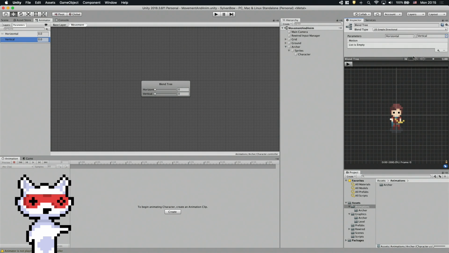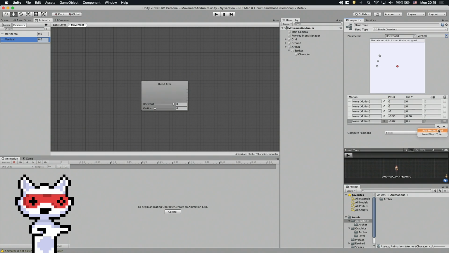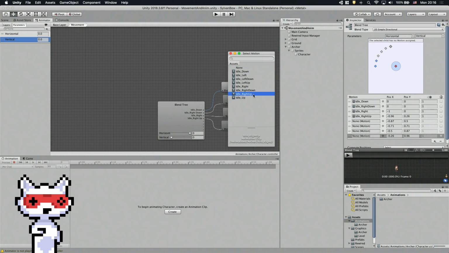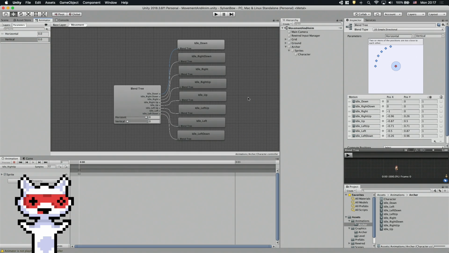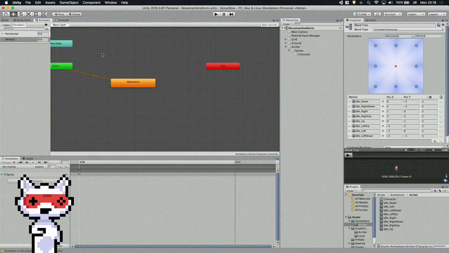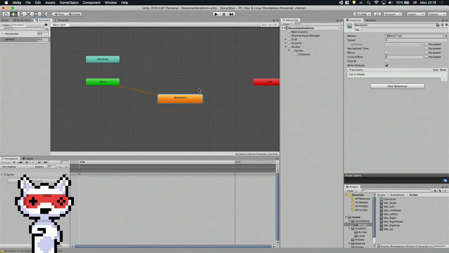Now we have to change the blend tree's parameters to horizontal and vertical so it uses the right values to blend. We can add the idle animations as motion fields one by one with the plus icon. Let's add 8 new motion fields and select the animations from idle down in counterclockwise order. While we added the animations, a diagram showed up with blue and red points in it. The blue points represent the animation's direction. So let's fix them by changing the X and Y positions of the motion fields. Idle down should be 0, -1, because that's the down direction's vector, and similarly, idle right down should be 1, -1. Fixing the rest of the directions as well, we get a rectangular shape. Let's go back to the base layer and make sure that this blend tree state is the layer default.